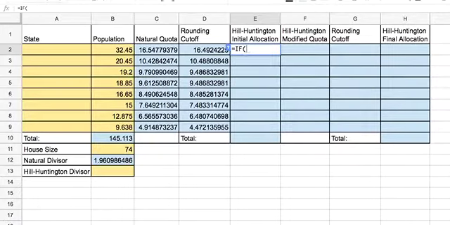So I'm going to type equals IF. The way this works, it shows up where it gives you the guidelines of what needs to go here, what needs to go there, and so forth. So under E2, start off. IF, what are we comparing? Well, we're going to compare the natural quota to the rounding cutoff. So I'm testing whether the natural quota is greater than the rounding cutoff. So I will put in IF C2 is greater than D2,